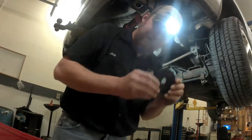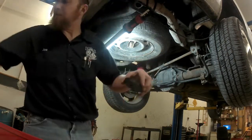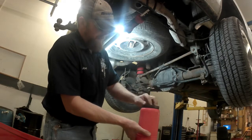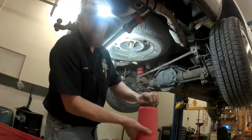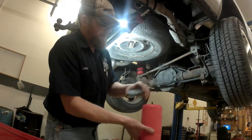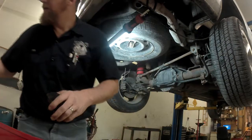These hard plastic pieces here, these are protectors. They go on top of the spring around your air fitting to protect your air fitting. Okay? So once you fish the airline down, before you attach the airline to the spring, put your protector on, push your airline on, and